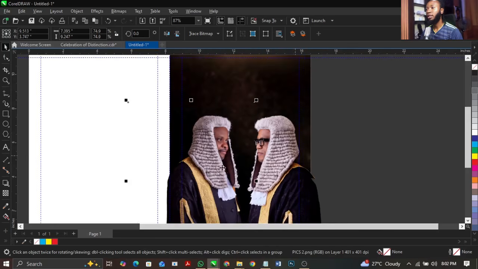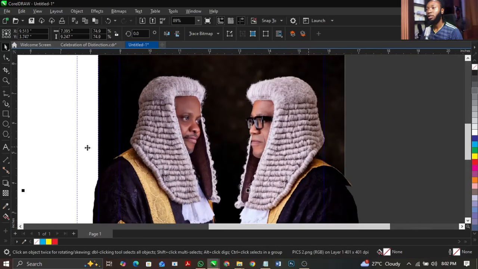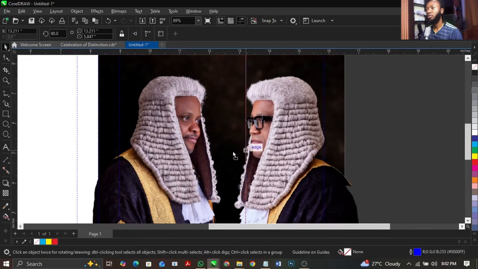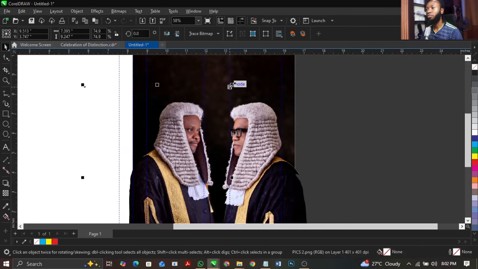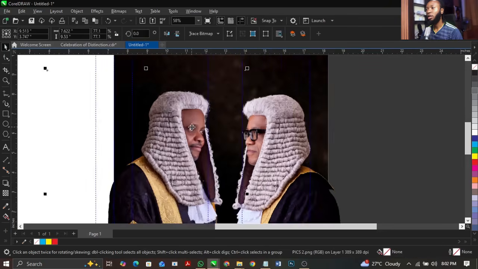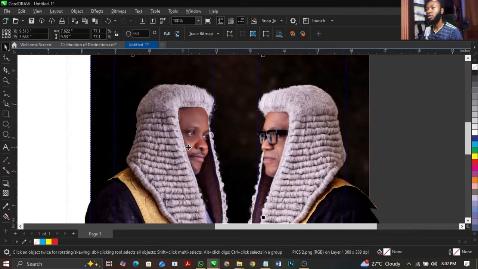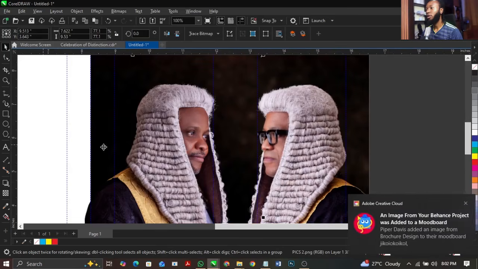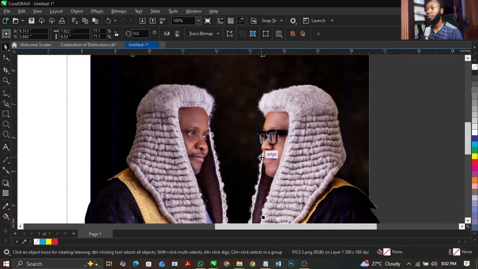If you look at this image, look at this over here and look at this over here. So I'm going to increase this one a little bit, bring it down here, and you can see this shape. This is what we're going to maintain, guys. So what we're going to do is